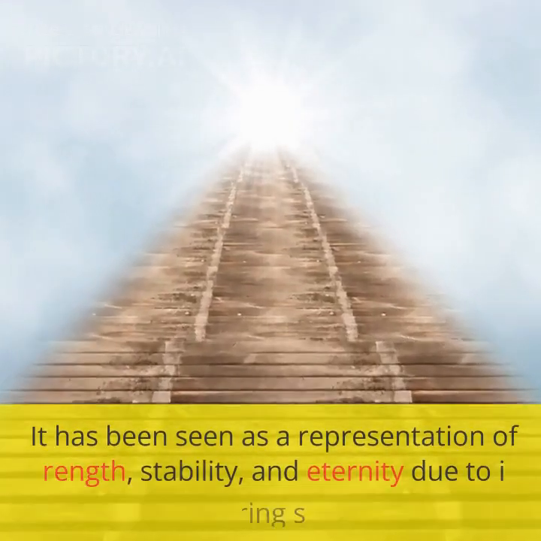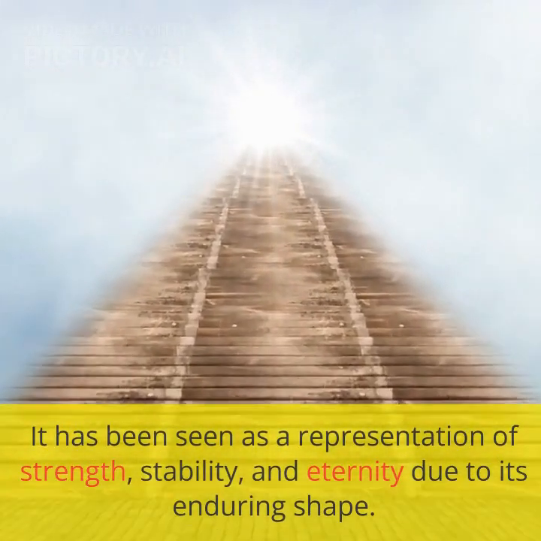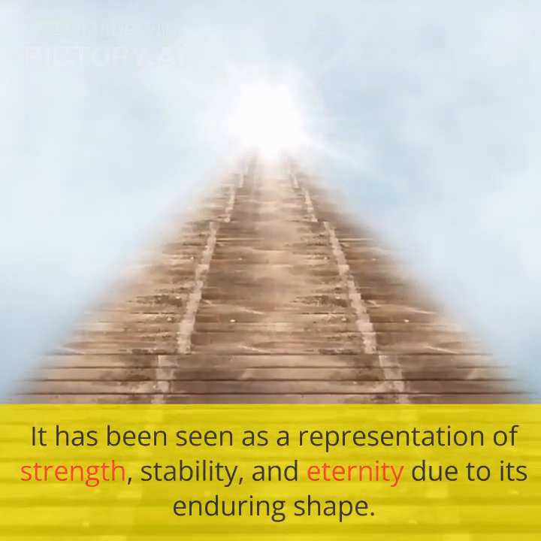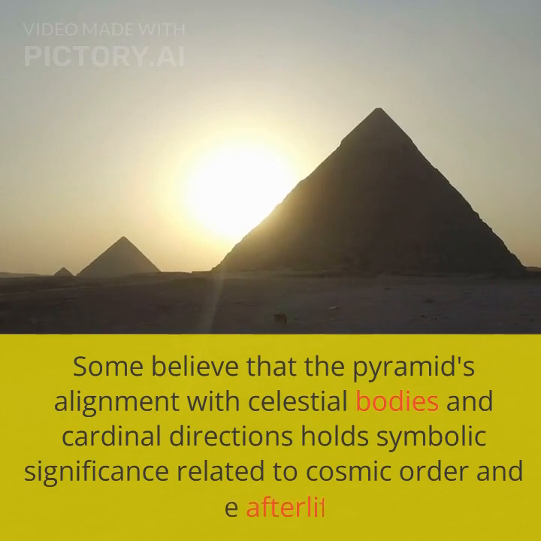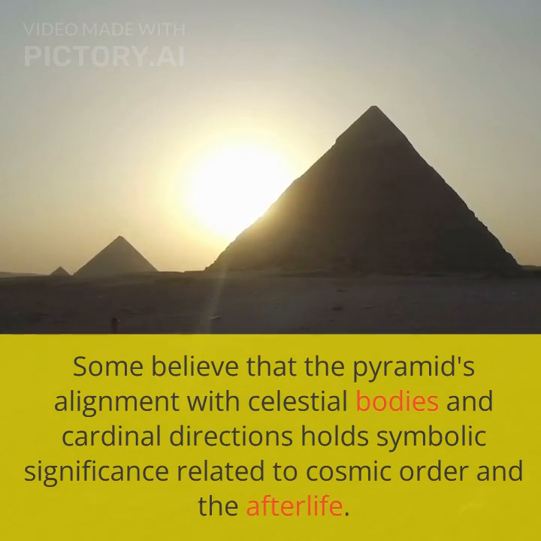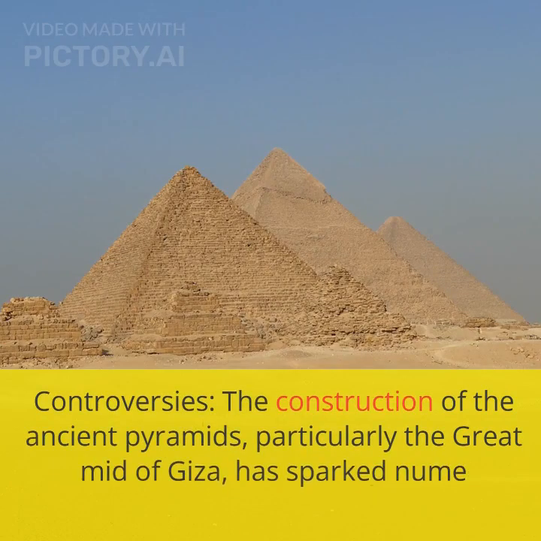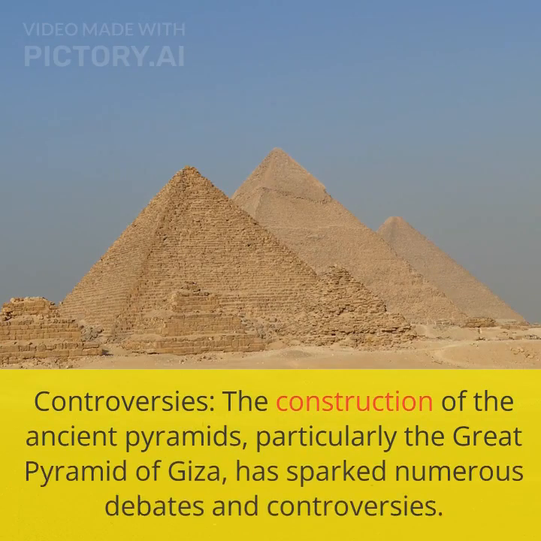It has been seen as a representation of strength, stability, and eternity due to its enduring shape. Some believe that the pyramid's alignment with celestial bodies and cardinal directions holds symbolic significance related to cosmic order and the afterlife. Controversies. The construction of the ancient pyramids, particularly the Great Pyramid of Giza, has sparked numerous debates and